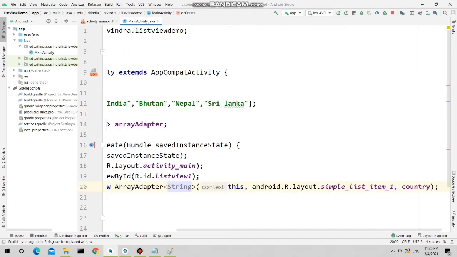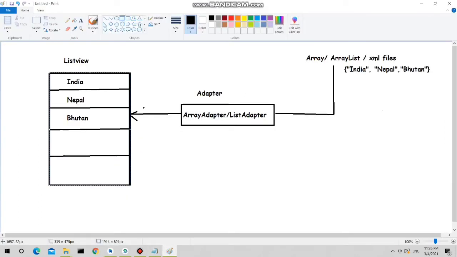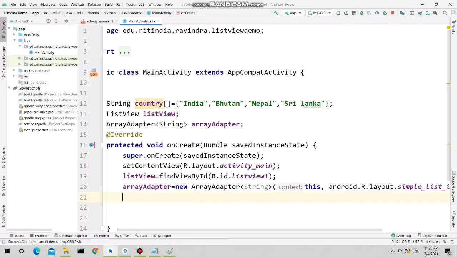Now your array adapter is also ready. See, this part you have done: you have a string array with the country list, you have created the array adapter, and you have set that country list with this array adapter. Now you need to connect this array adapter with the list view. How to do that?